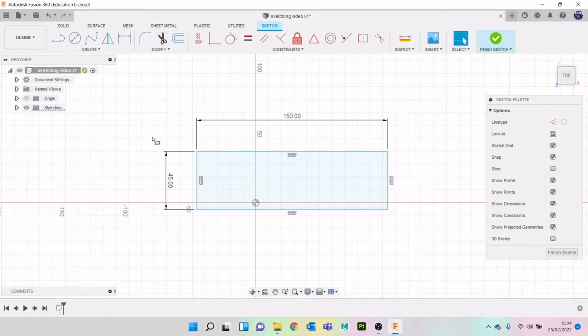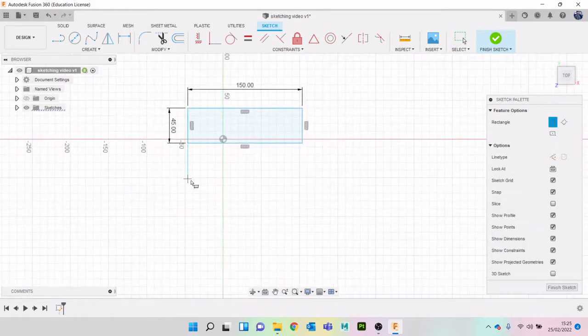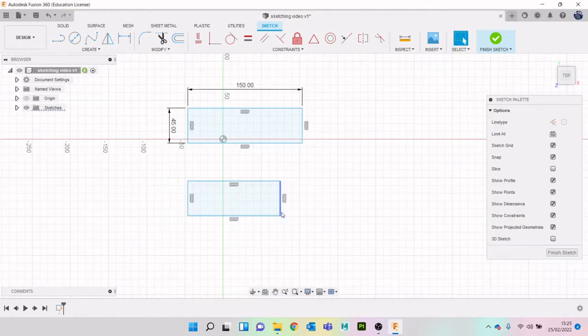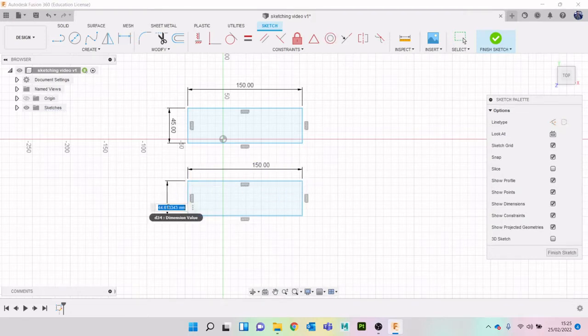The other way is to get a rough shape that you want and then dimension afterwards. So either way works completely fine. It is just down to personal preference. I prefer the second way because what I like to do is rough out the overall shape first and then start to add dimensions in as we're going. What is really useful